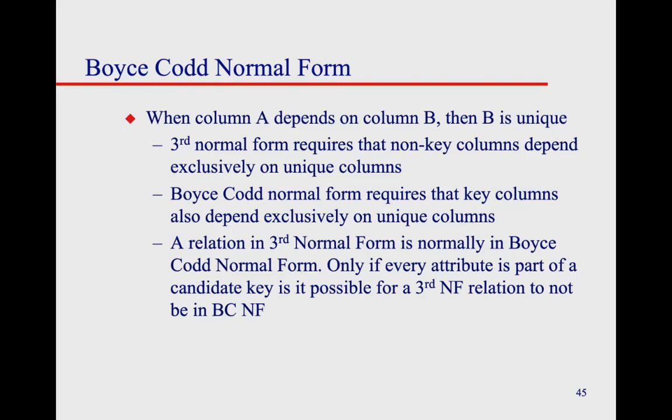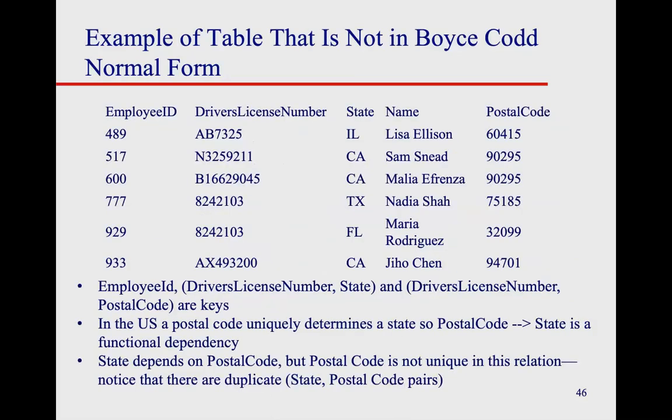So my take is that the only way a third normal form relation can be not in Boyce-Codd normal form is if every attribute in that relation is part of one of the candidate keys. So here's an example where a